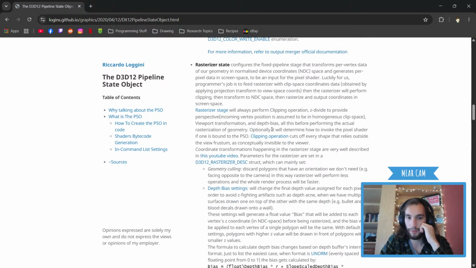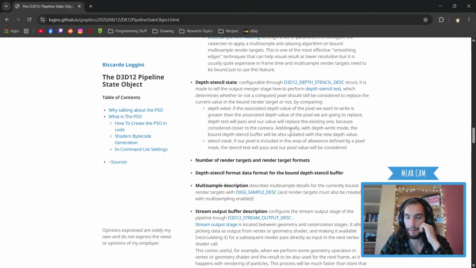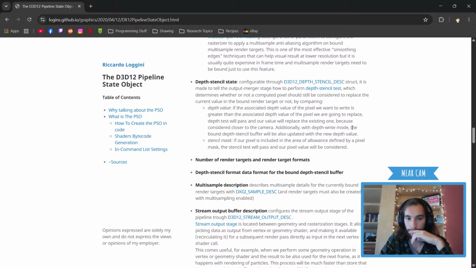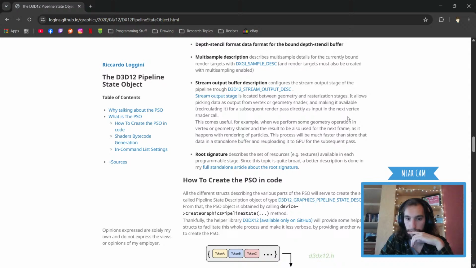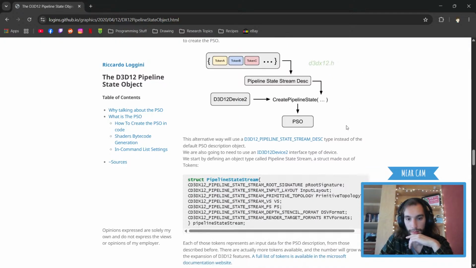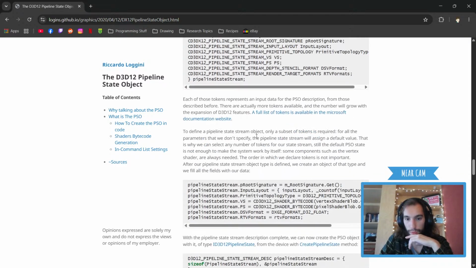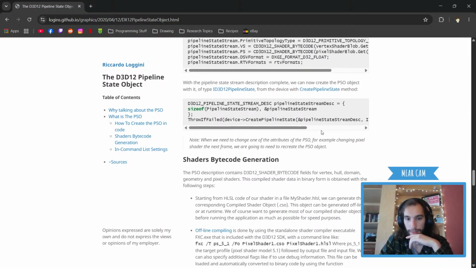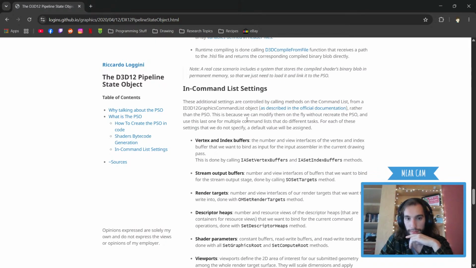Blend state, rasterization state, depth stencil state. So we're going to have to switch this out. Pipeline state stream, root signature. Okay, the shader bytecode generation, I have all of that.